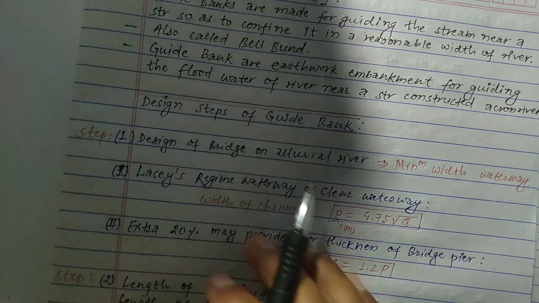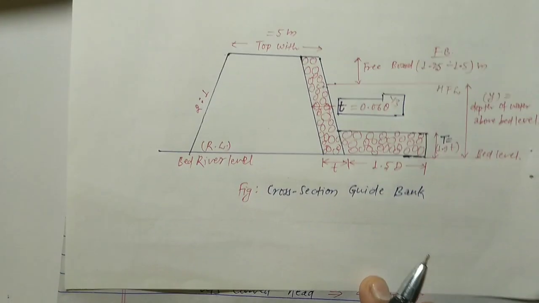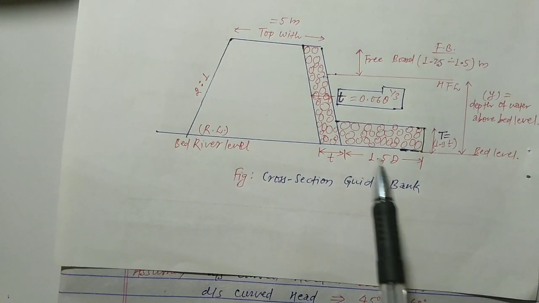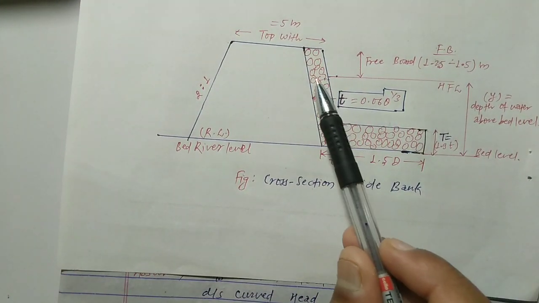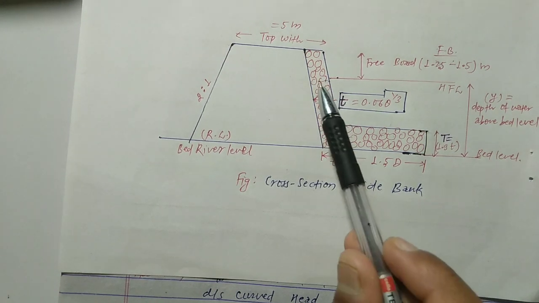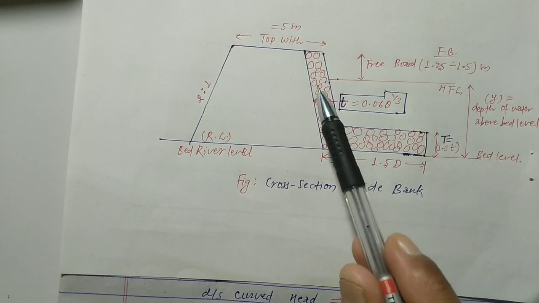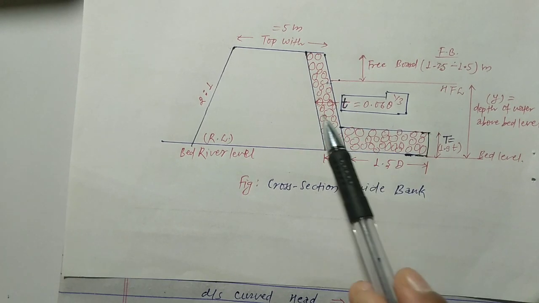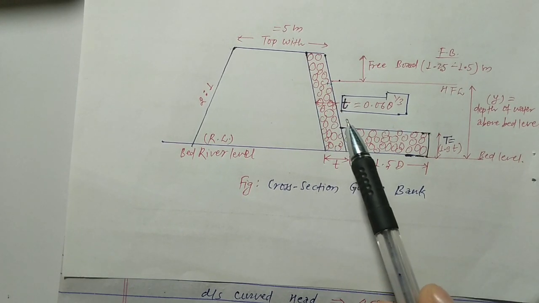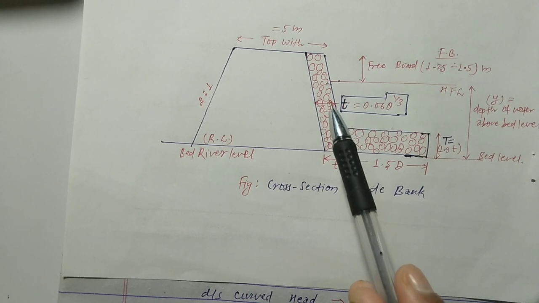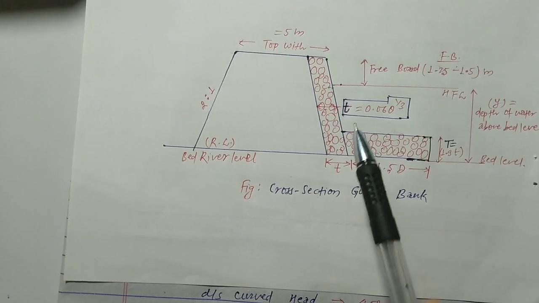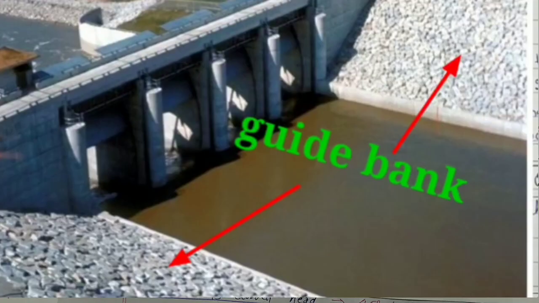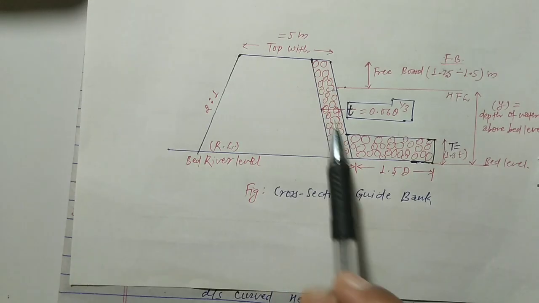You can see here in this figure, this is the typical cross section of guide bank. Here on the side you can see this is the lining, and this is provided with boulders, or you can say concreting. Why do we provide this guide bank? Because it protects from scouring. We have to provide this guide bank